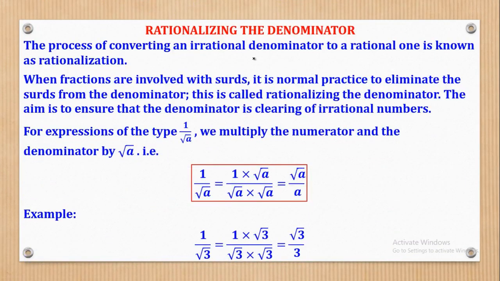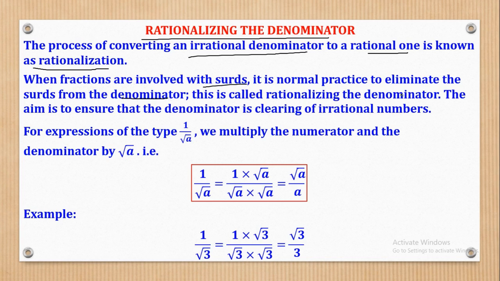Okay, so now we shall go to the next part, which is rationalizing the denominator. The process of converting an irrational denominator to a rational one is known as rationalization. Irrational means it has a surd in it. So when fractions are involved with surds, it is normal practice to eliminate surds from the denominator, and this is